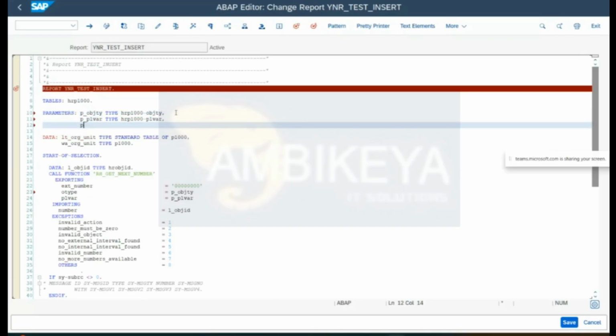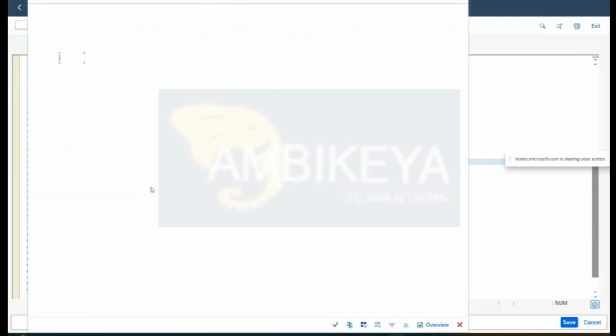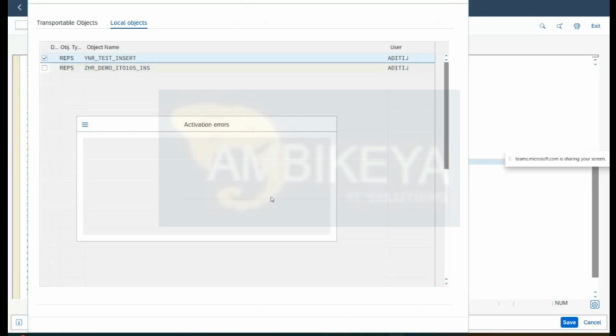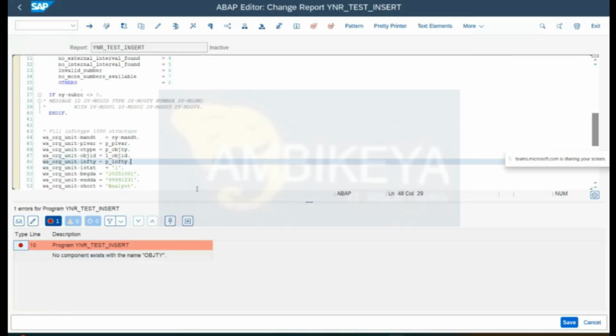So instead of hard coding, object with name object, no component, exit, object type